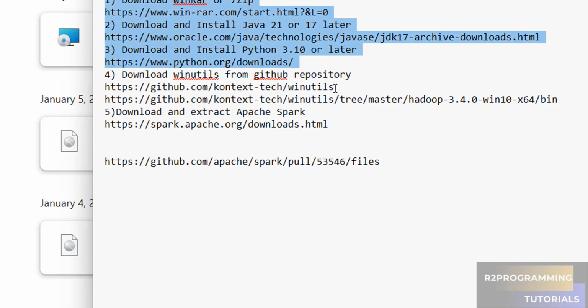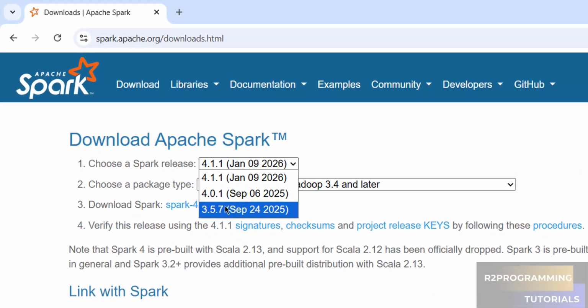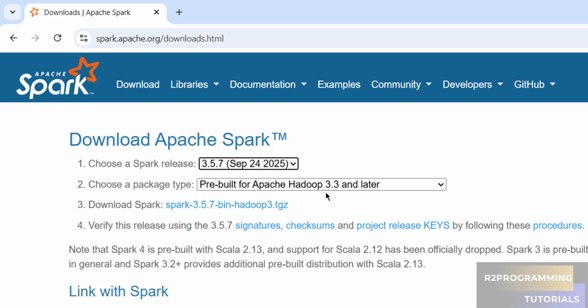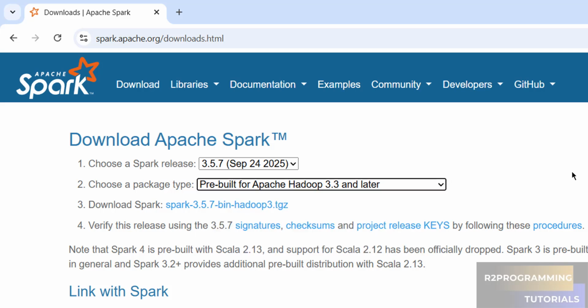Now we have to download winutils for the Hadoop configuration. See here, these are the stable releases. Select the version from here. If you want older versions, click on this archives. Okay, then for this 3.5.7 we have to choose Hadoop 3.3 or later version. Okay, so